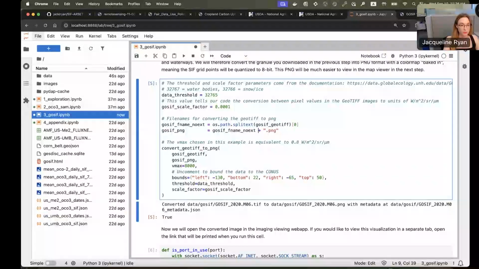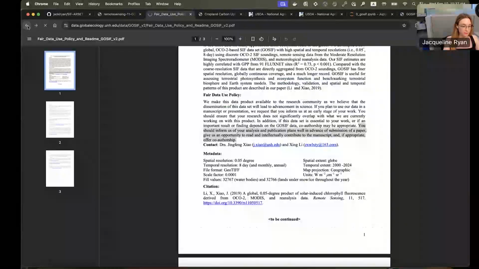Another side note before we continue on is that the researchers also created a data set estimating GPP from GOSIF data using the linear relationship between the two quantities. Remember how in part 2 we showed the linear relationship between SIF and GPP in ideal conditions? If we go back to Dr. Xiao's website, and let me go back here,